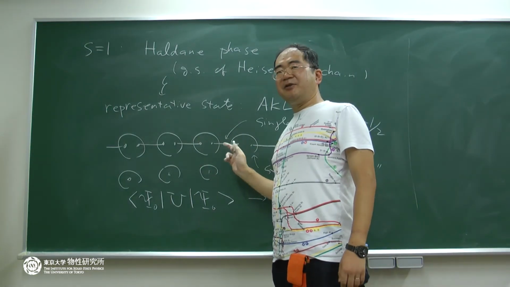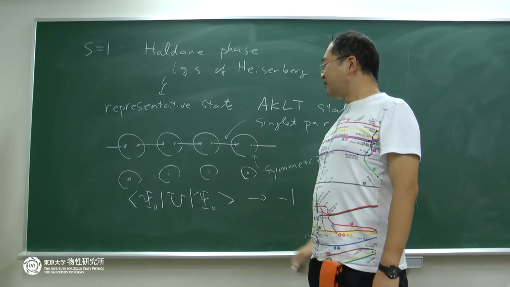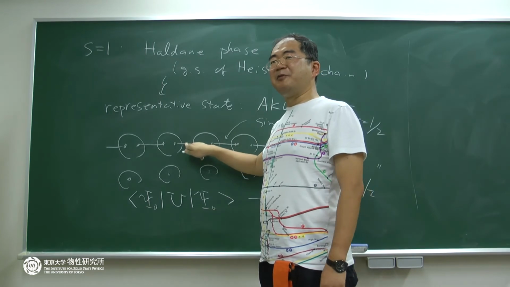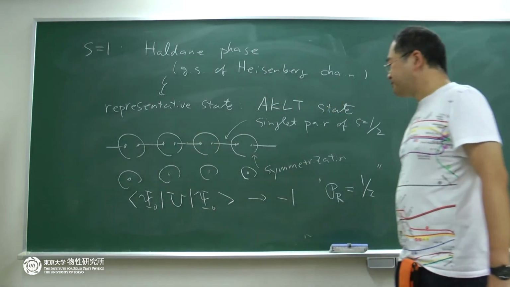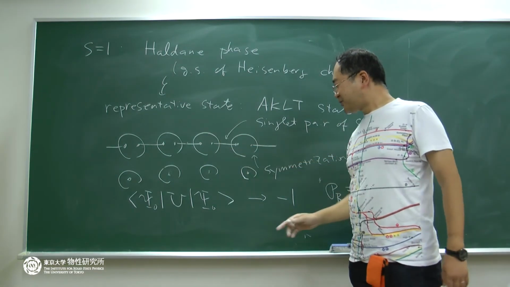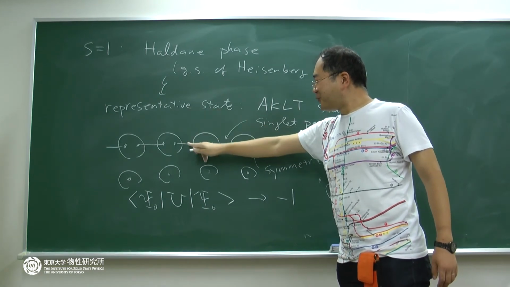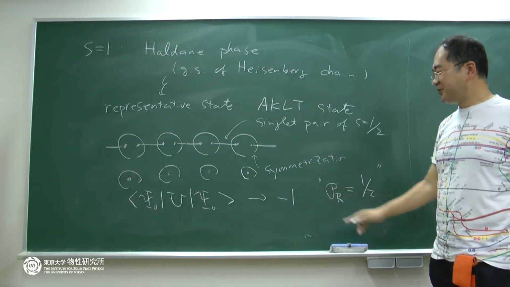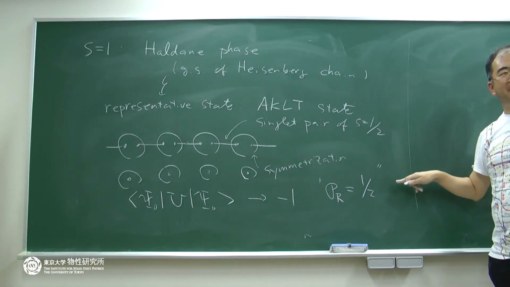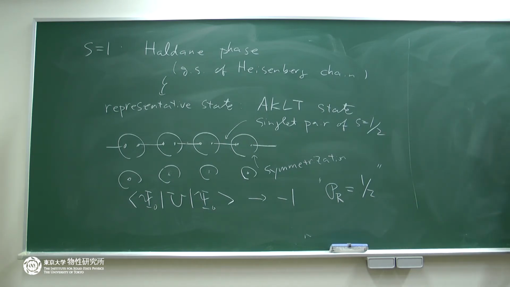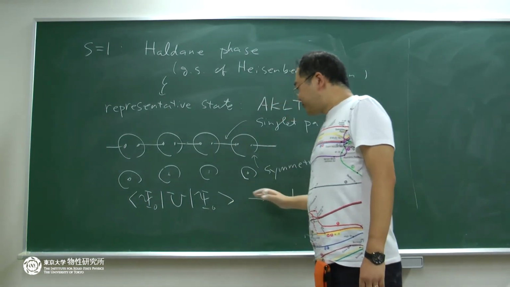But if you consider this AKLT state, then the center of mass of this particle system is actually at the center point, roughly speaking. That may sound strange, but it's somehow consistent with this picture. And if you do calculate this quantity for the AKLT state, you do get -1, which implies the center of mass position is somewhere in between the sites. And from this,